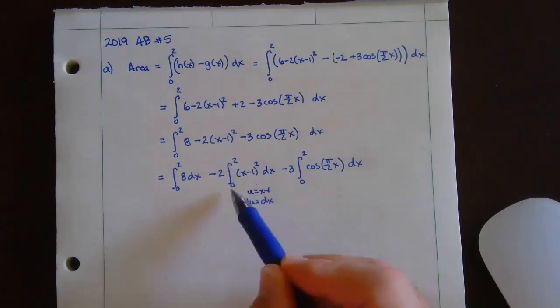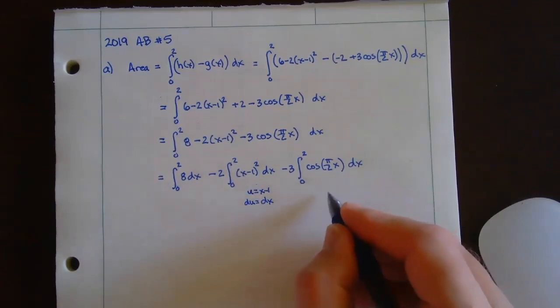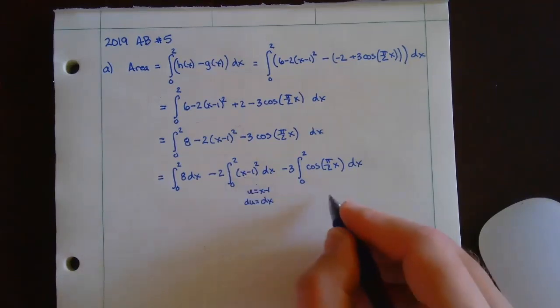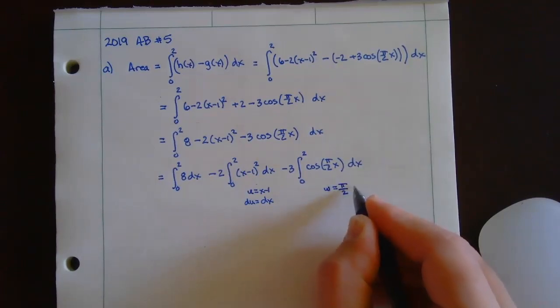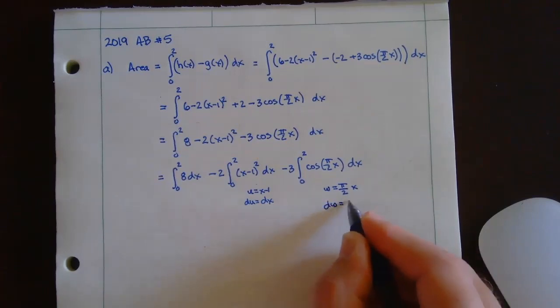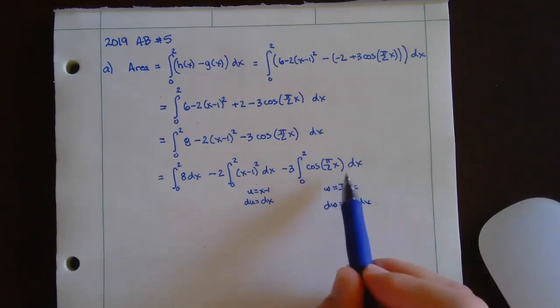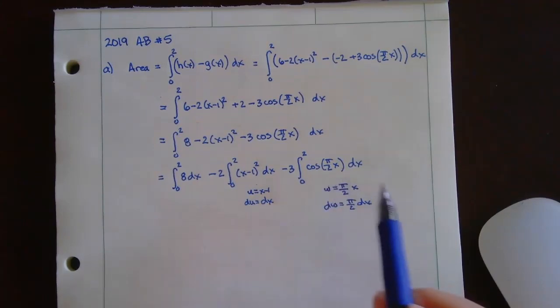And I'm going to change these to u values, okay? And for this one, you can't use u because you're using u for this one. So I'm going to let this one be w, and I'm going to let w be pi over 2 x. Then dw would be pi over 2 dx. Now I don't have the pi over 2, right? So I'm going to have to multiply by pi over 2 and also multiply by 2 over pi, okay, to